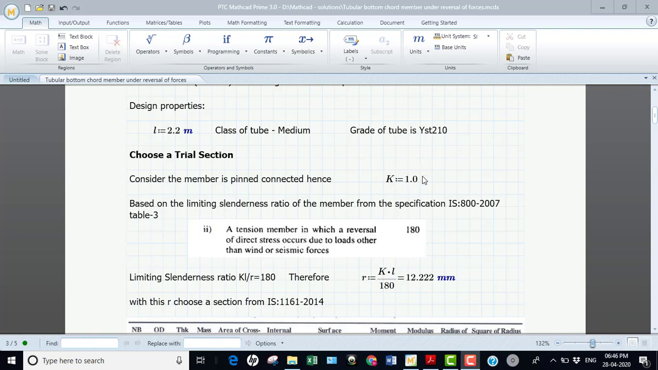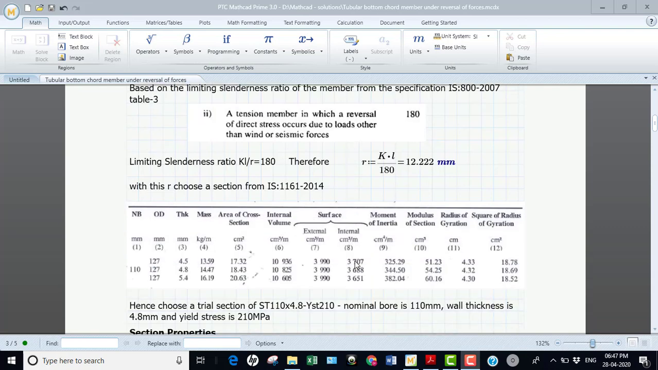Though the truss is pin connected, the K value taken is 1. I know the length of the member, from which I calculate the radius of gyration. My radius of gyration is calculated as 12.2. So here it gives a clue that I can go for a trial section where my radius of gyration should not go beyond 12.22. To get a trial section, I should refer to IS 1161 2014, where I took a trial